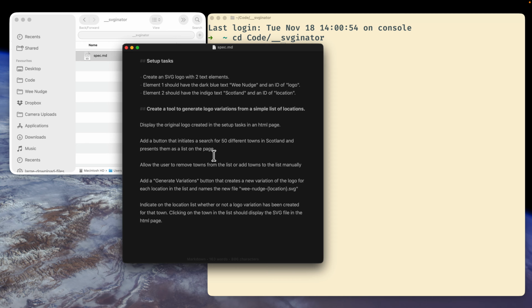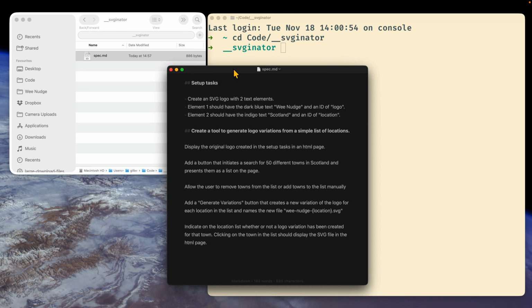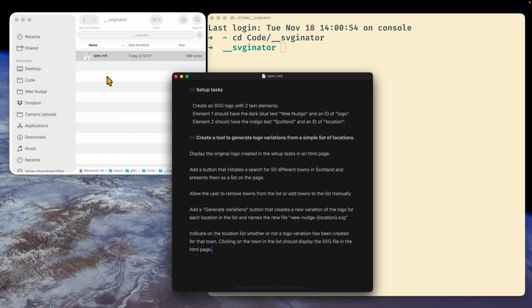And as they're being generated, the program should show that, like with the tick mark or whatever, that variation has been created, and you can click on it to view. So that's our spec. I've created a folder already,